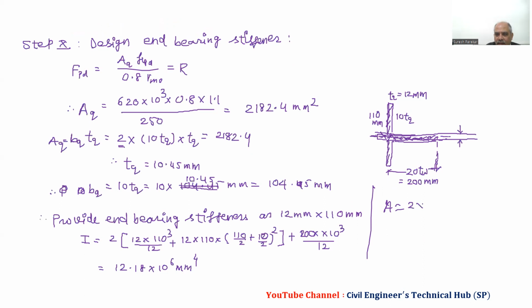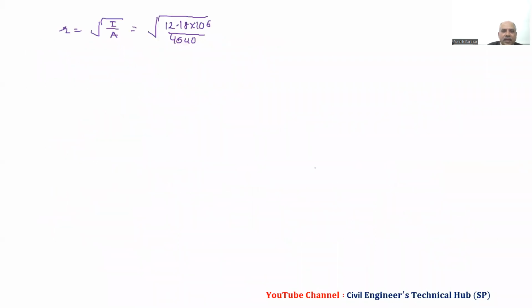So we have 2 times 12 into 110 plus 200 into 10, and then this comes 4640 millimeter square. Then we will substitute over here and we will get value of R,